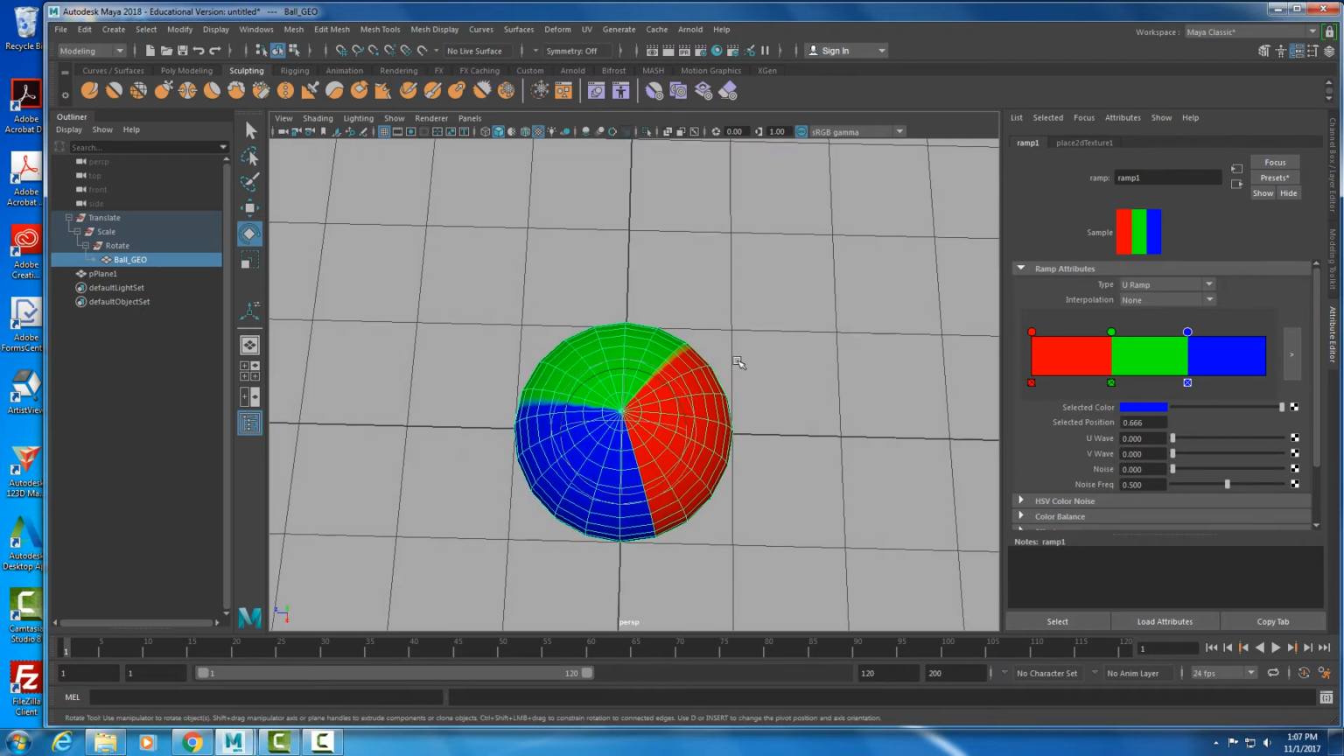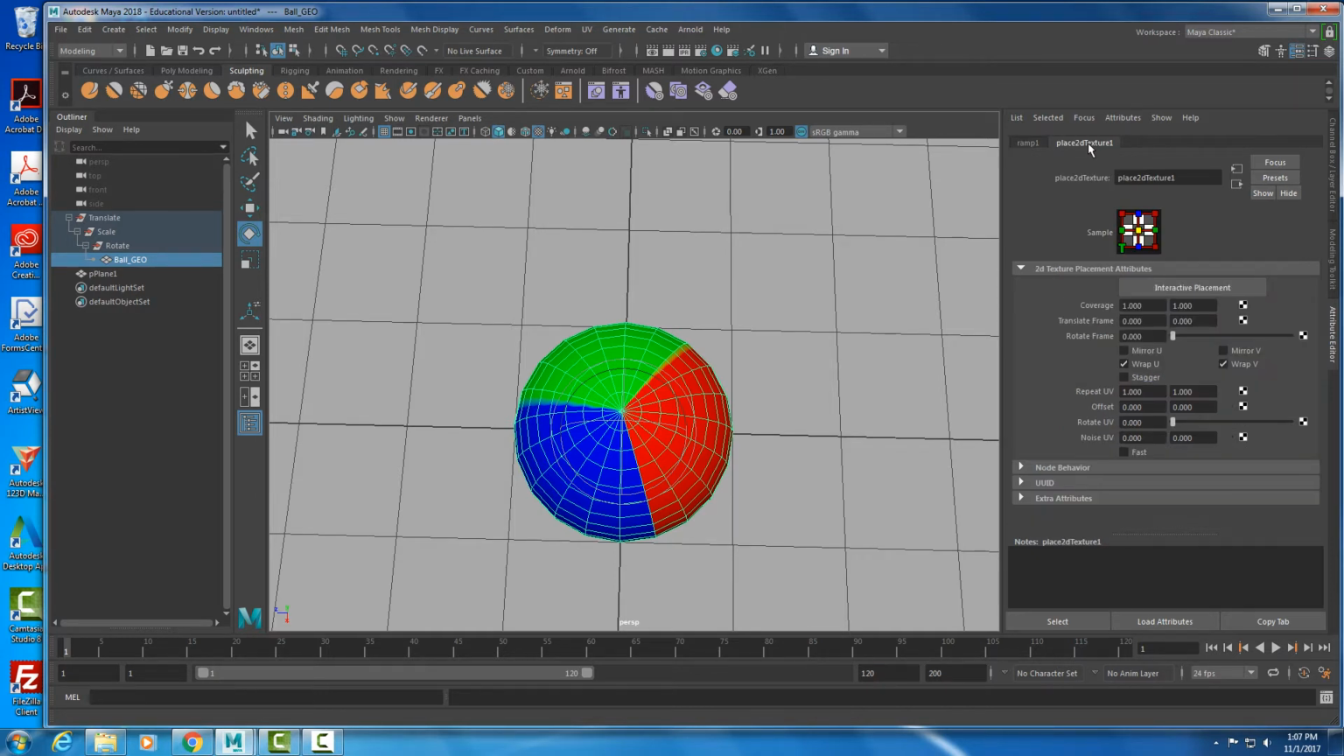And I'd like this to maybe repeat a few times so again it looks more like a beach ball. So while we're in the ramp here, at the top of the attribute editor you have 2 tabs. We have ramp and then the place 2D texture node or tab. If I click on that, we'll get the placement node, and here where it says repeat UV, in the first value or the U value, I'm going to come in here and key in a value of 4. And it'll repeat that ramp a few times,